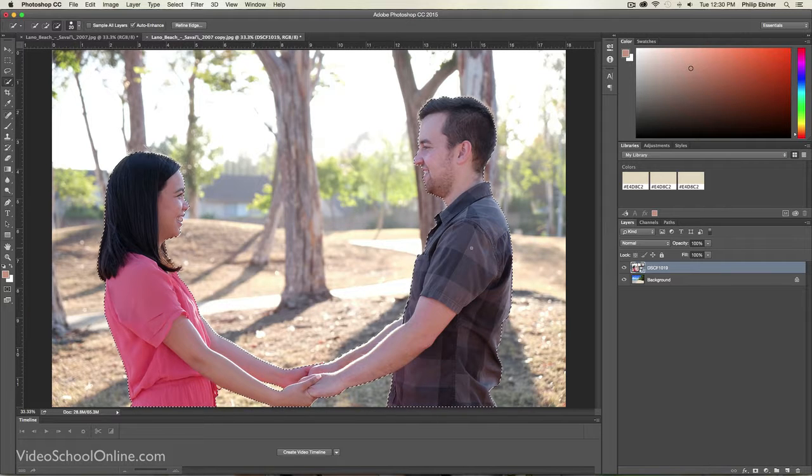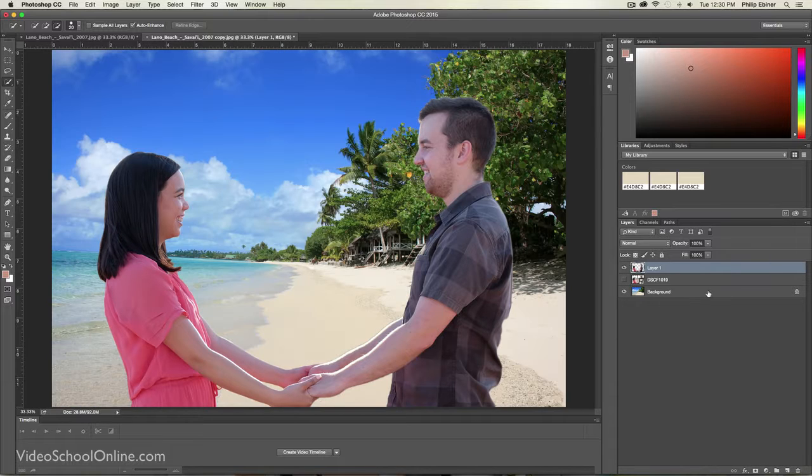It will select what you have selected, and then you hit copy, so Command C on a Mac or Control C on a PC, and then paste, Command V. And that creates this new layer. If I turn off this bottom layer, you'll see that this new layer is here. Great. So this is looking pretty good already,